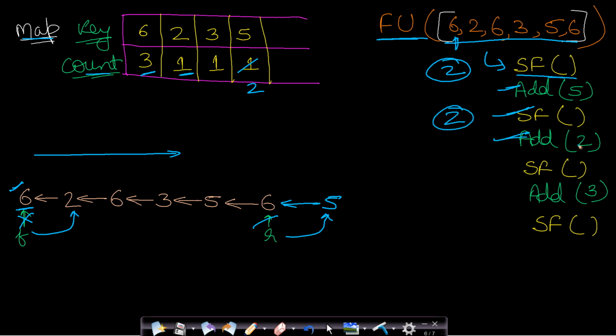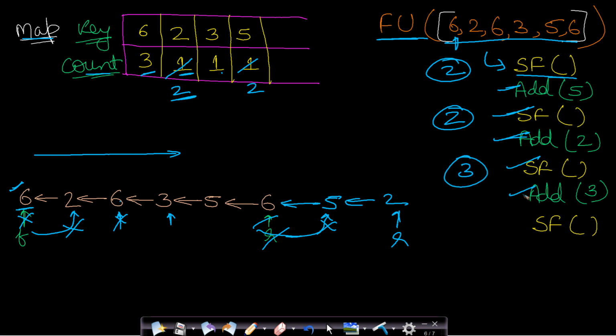Now you want to add 2. Go to the map value for 2 and increase its count, it will be 2 now, and 2 will get added to the rear. This is your new rear. The next function called is show first unique. Now your front is at 2. The count of 2 is 2, so 2 is no more unique. You will move your front to 6. Now 6 has a count value of 3, so you will again update your front and move to 3. Now 3 has a count value of 1. Therefore, this is the first unique element you have found moving from left to right, so your answer here will be 3.